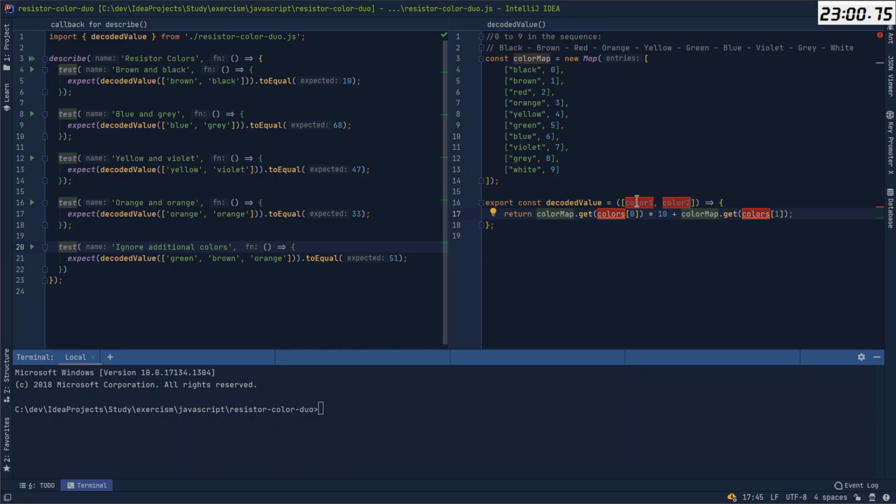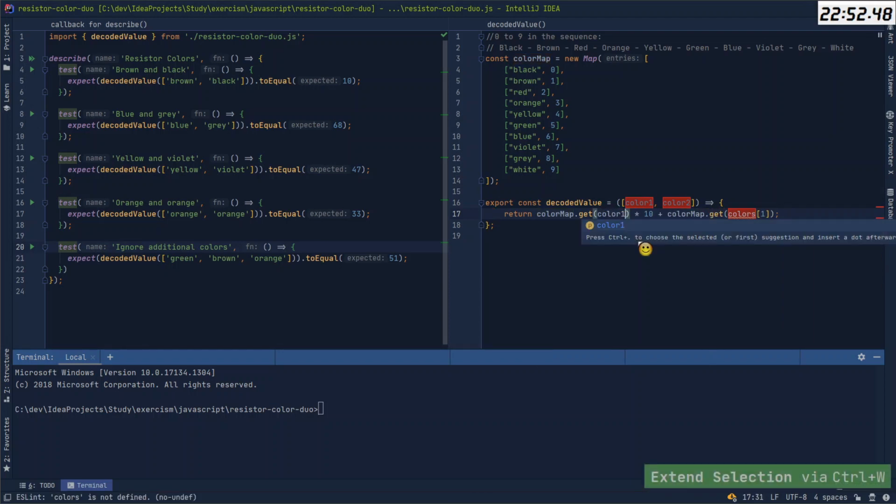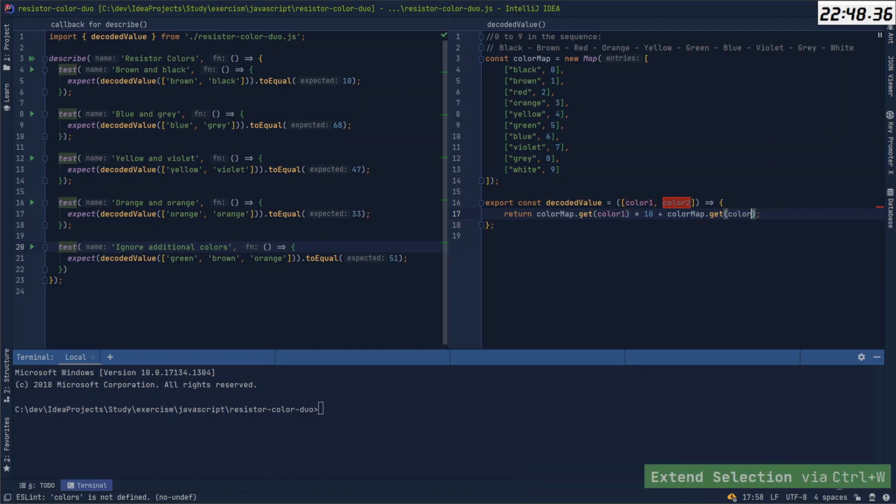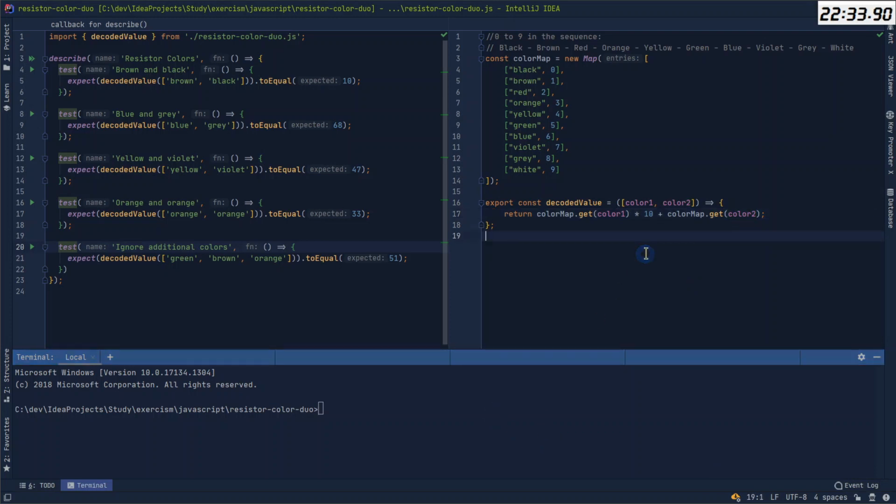And then why is this defined but never used? Okay, we'll fix that. Color 1. And then we have another error, and this will be color 2. Okay, so yeah, that, and I will submit it, save it.